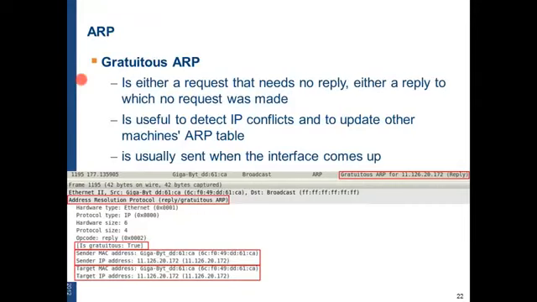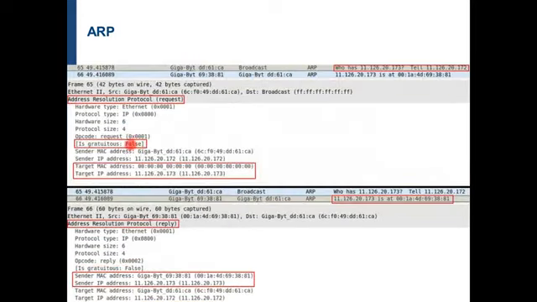It is also used to detect IP conflicts when you have the same IP but with different MACs. This packet is constructed with a flag here, the is gratuitous flag, set to true. In the previous example, I will show you the slide again, the gratuitous flag was set to false.